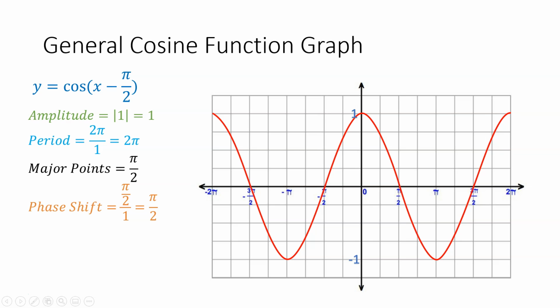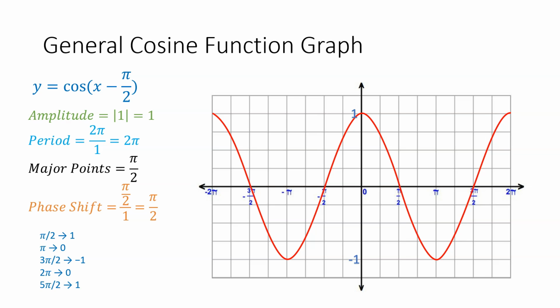So we are going to take the c value, which is pi over 2, and divide it by the b value, 1, to get our phase shift, pi over 2. Which means instead of us starting our x values at 0 and going forward, we're going to start at pi over 2 and move up by a unit of pi over 2. So our new table is going to be pi over 2, pi, 3 pi over 2, 2 pi, and 5 pi over 2. The y values don't change because the amplitude remains 1, so it's still 1, 0, negative 1,